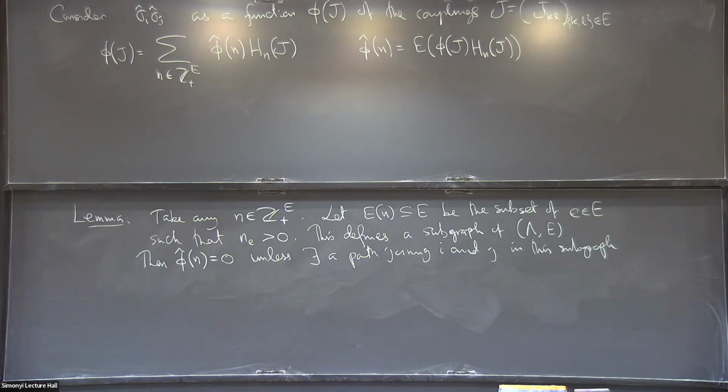Okay. So it is sort of like the one-dimensional picture where you saw that the product of sigma i, sigma j is a product of a lot of signs. But here you don't have an exact formula, but you know it in principle from this, and then we'll see how to use this to get an estimate, that this is 0 unless there is a path joining i and j in this subgraph. Okay, any questions?